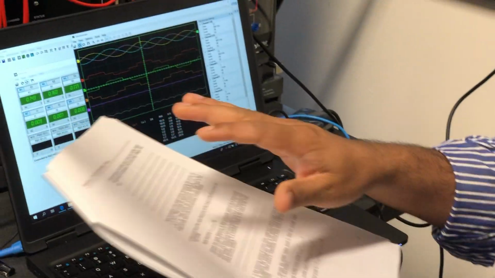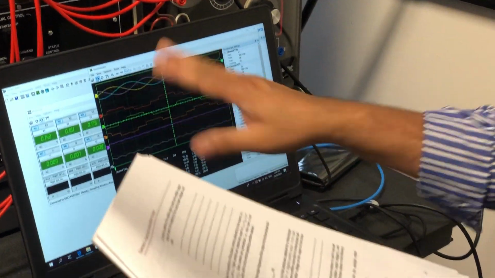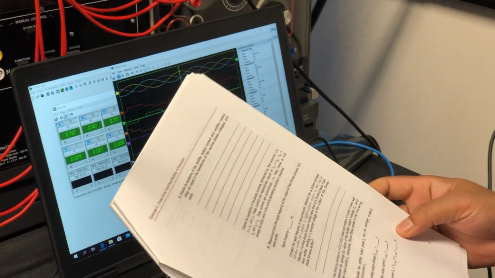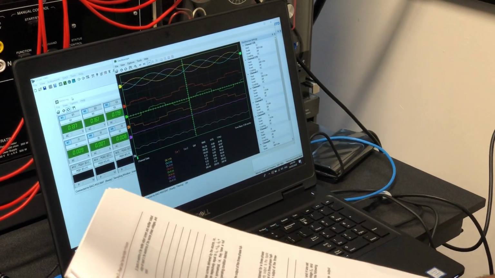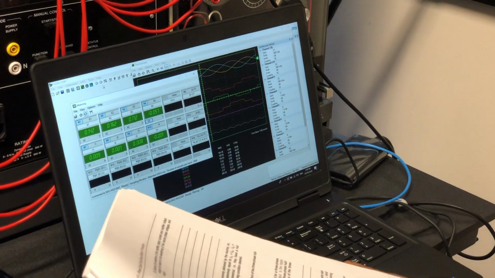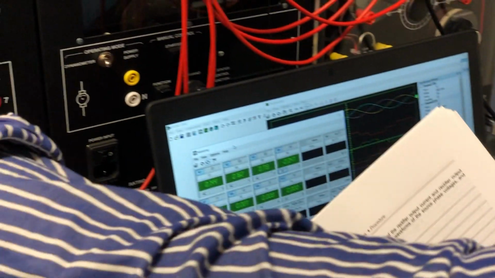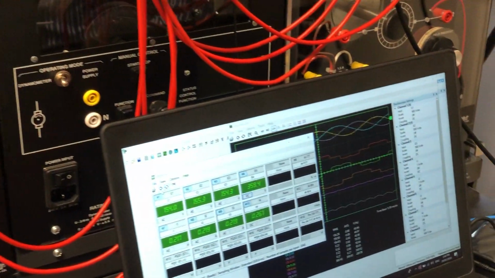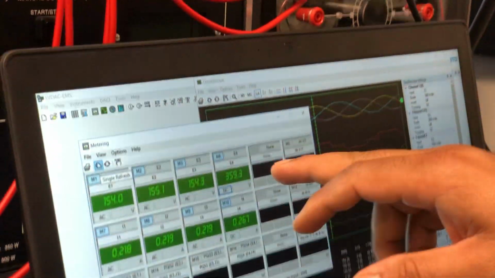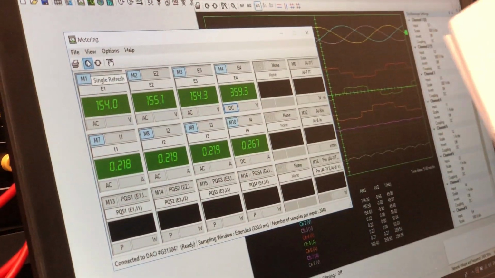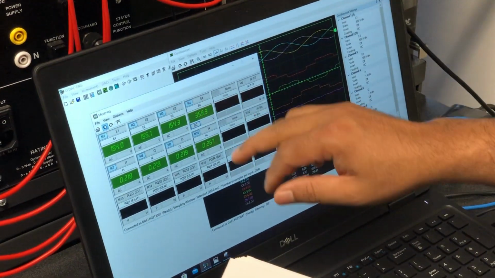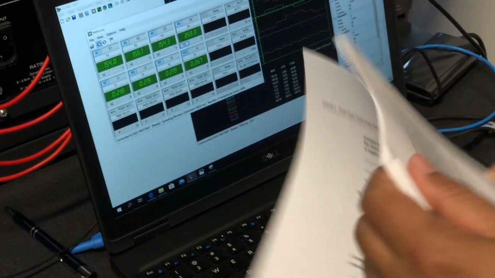For steps 29 and 30, you have to answer from this graph. For step 31, you can see if we turn on this one, this is the result of step 31. From this one, you can get the E0 and I0, like from the E4 and I4. You can calculate the power based on this result.